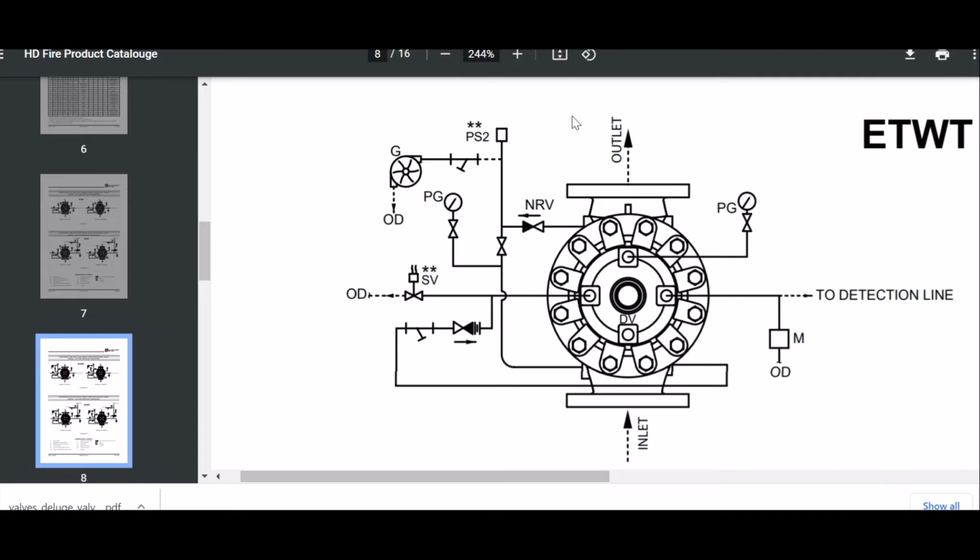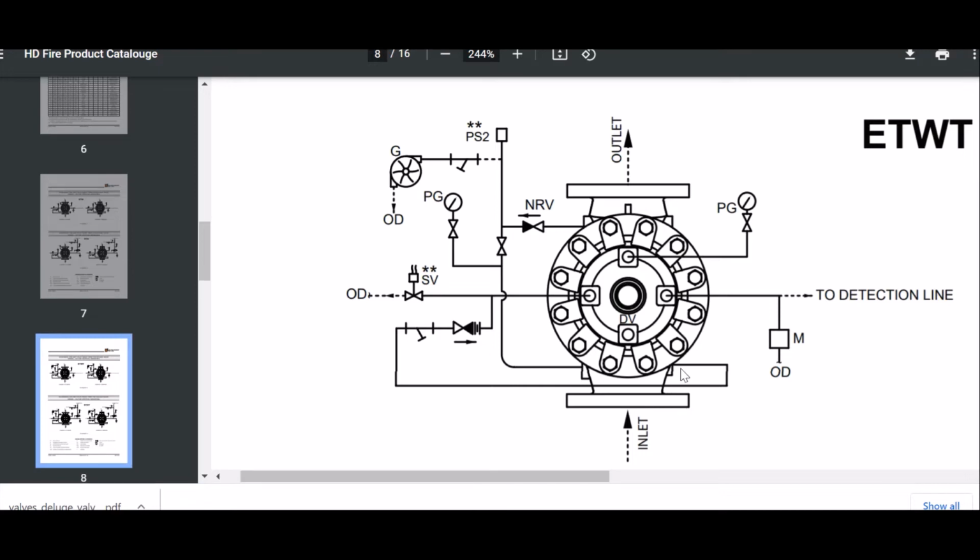The trims are dry pilot trims, wet pilot trims, electric trims, test and alarm trims, and drain and drip trims also. Within these trims, it can be controlled how the water flows from the pressurized side to the non-pressure side. So let me give an introduction to the main components it has.